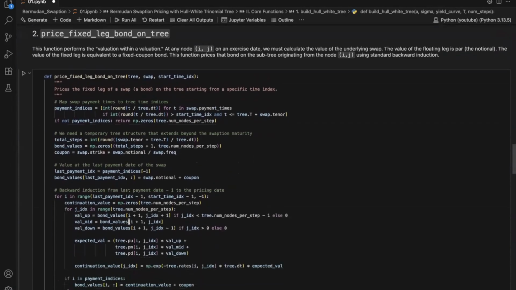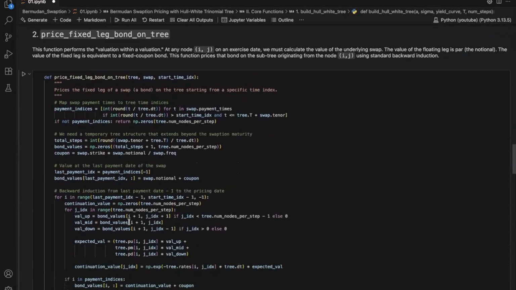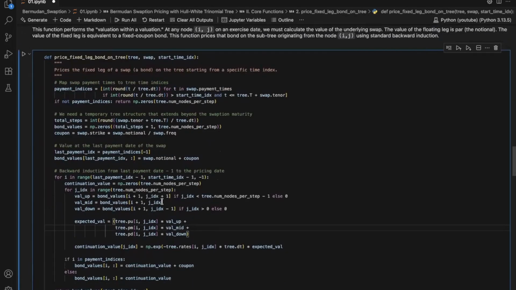Now let's go to the next function, which is price fixed leg bond on the tree. Now, why do we need this function? We're standing at a node on the tree, on a potential exercise state. We must decide: is it better to exercise the swaption or to hold it? To make that decision, we need to know the value of the underlying swap if we were to enter it at that moment. The value of a swap is the value of its floating leg minus the value of its